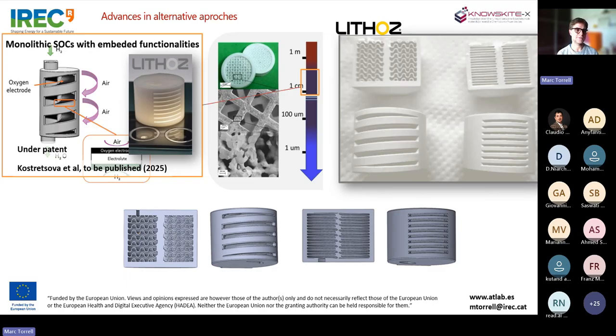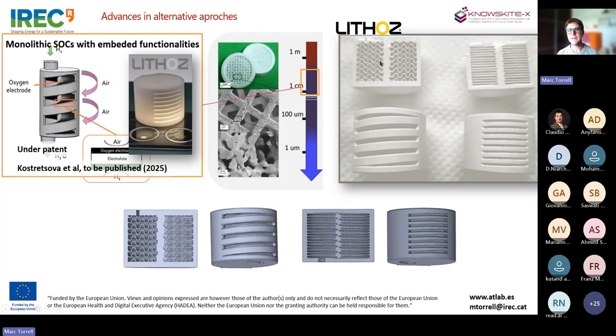We have a first ramp that is the air chamber, and the floor of this ramp is the electrolyte, and the other chamber is the fuel electrode. We have a monolithic device, we don't need sealants, and we can print this, I would say, very nice monolithic device where we can increase or reduce the pitch between these chambers and increase this gravimetric power density that we were putting in this corrugated technology up to 1 kilowatt per kilo. Here we can go even farther, to 2 kilowatts per kilo of technology.